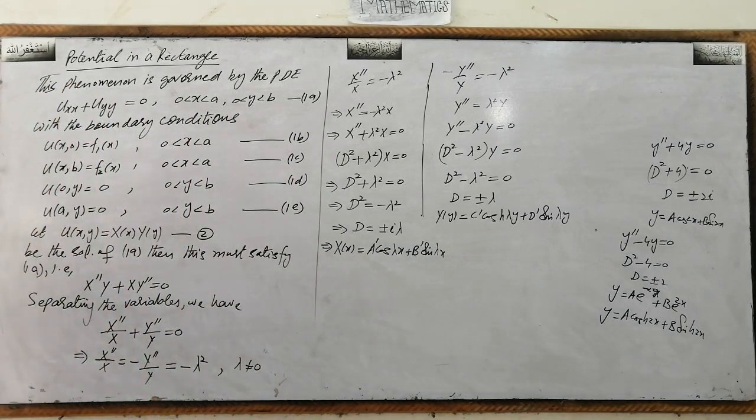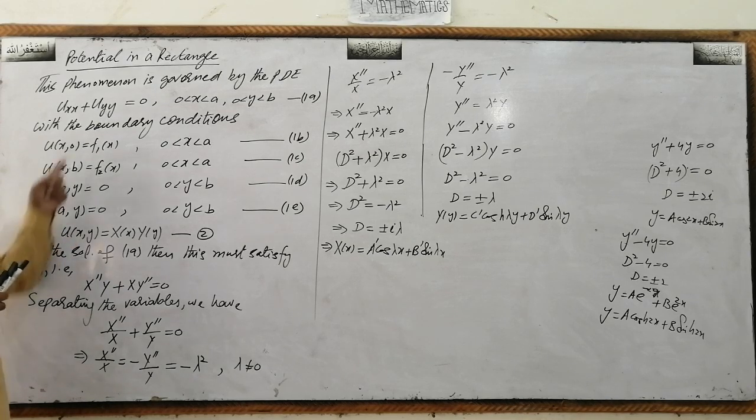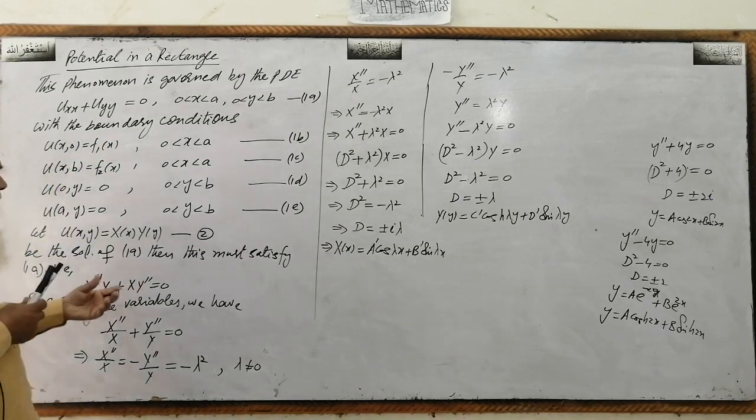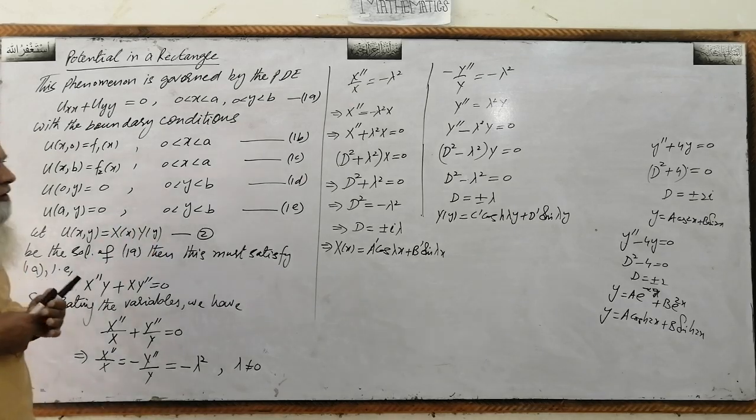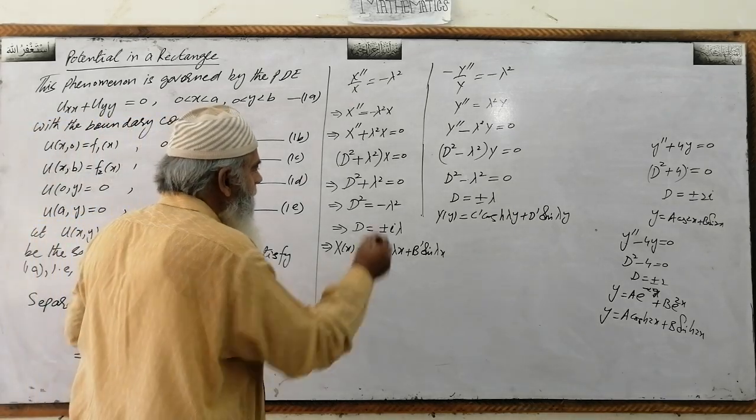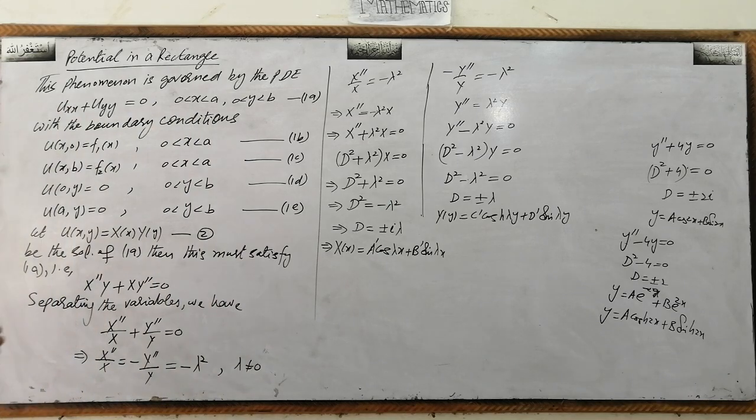Now look at the solution. You have supposed that u(x,y) is a solution of the original partial differential equation, and at this stage you have got the product functions X of x and Y of y. But one thing which we have to find is the four constants. Now how can we proceed further? Putting these values in equation number 2,